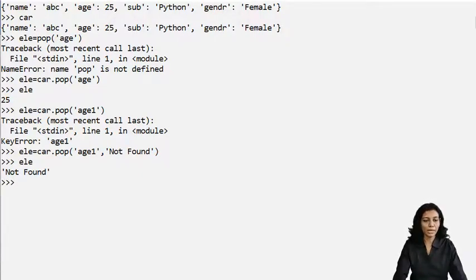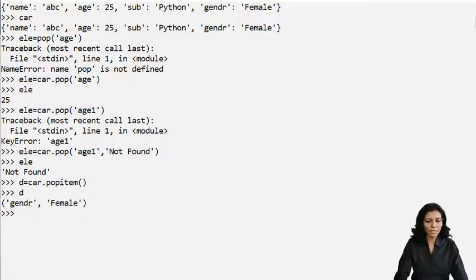Next we will see the popitem method, which will return an arbitrary item from the dictionary. So D is equal to popitem, sorry, I need to use the name of the dictionary, then popitem. So D is having an arbitrary key value pair.